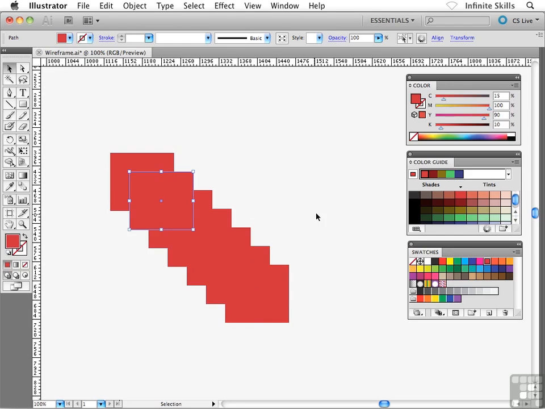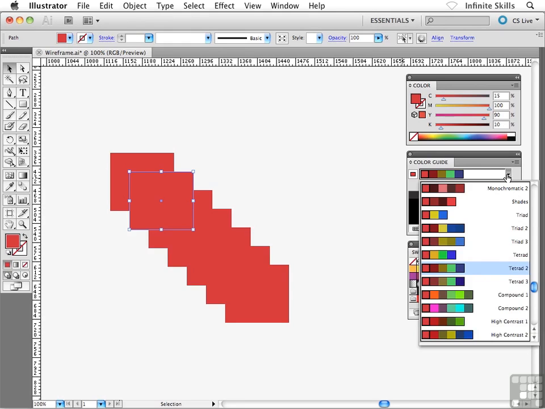And then what I'm going to do is head into the Color Guide panel. This guy is the secret weapon in Illustrator that I was referring to. Now, just make sure to click on this little icon right in that top corner. We want to make sure that our current fill color is loaded into the Color Guide panel. And if I drop down the Color Guide panel menu, this main menu, we'll find all kinds of different color